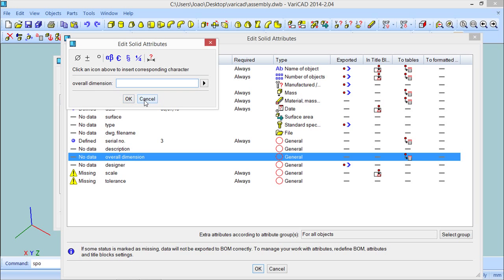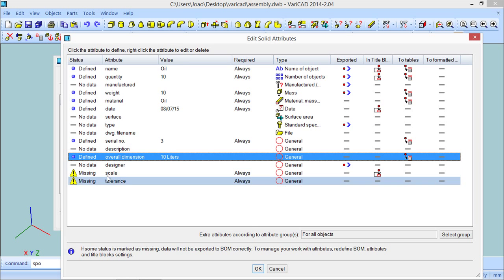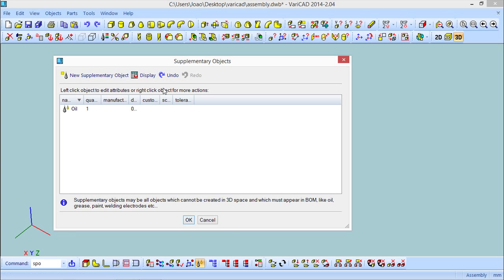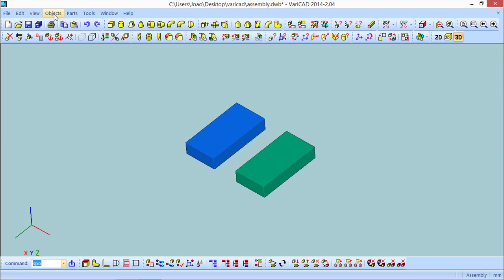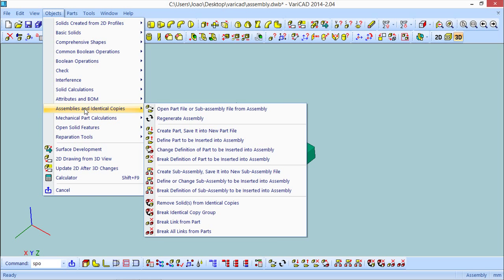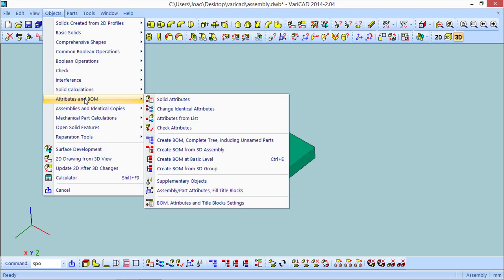Value is missing, okay. Liters, let's say for example 10 liters. And nothing of this matters for the tables. So it is done, the supplementary objects, and you can have different ones for the purpose. They don't matter. And now we need to create